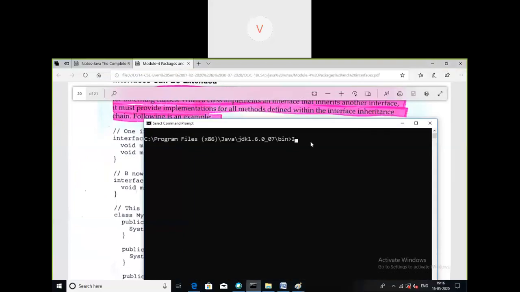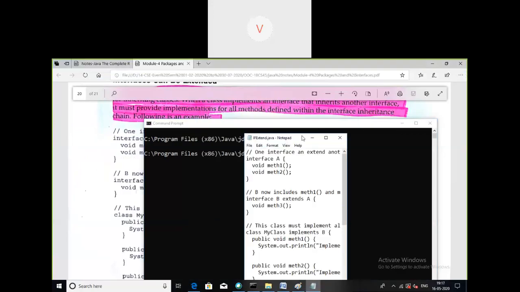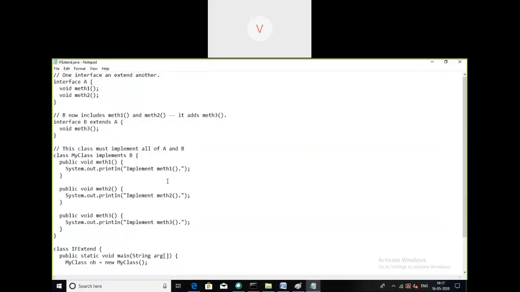Interface extended, Java. Right. So this is interface A, which is having two methods, method 1 and method 2. And this is where the inheritance of interfaces is involved.